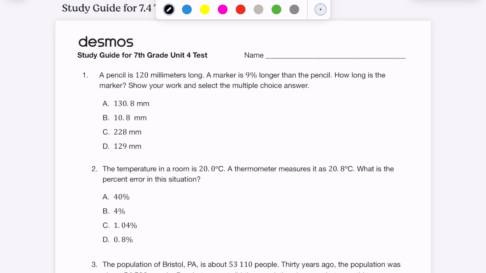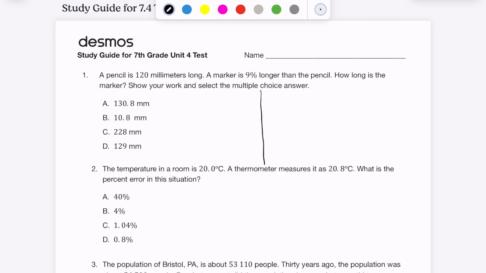Okay, so we have a pencil that is 120 millimeters long. A marker is 9% longer than the pencil. How long is the marker? Show your work and select the multiple choice answer. Okay, so as will consistently be the case here, there's 2 different ways of solving this. The way that people seem to feel a little more comfortable with